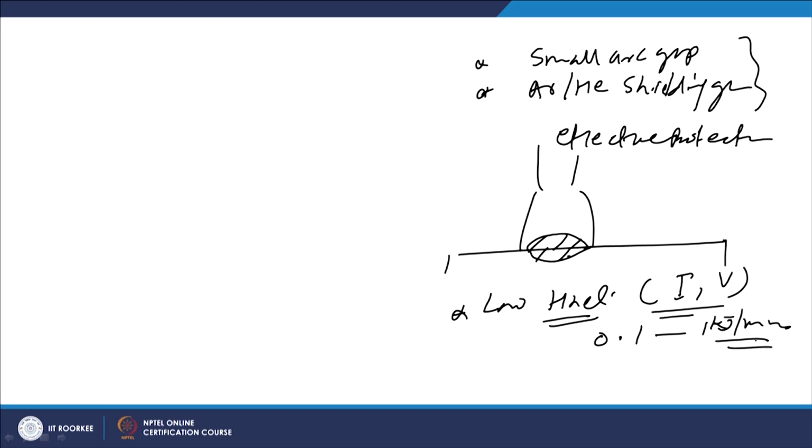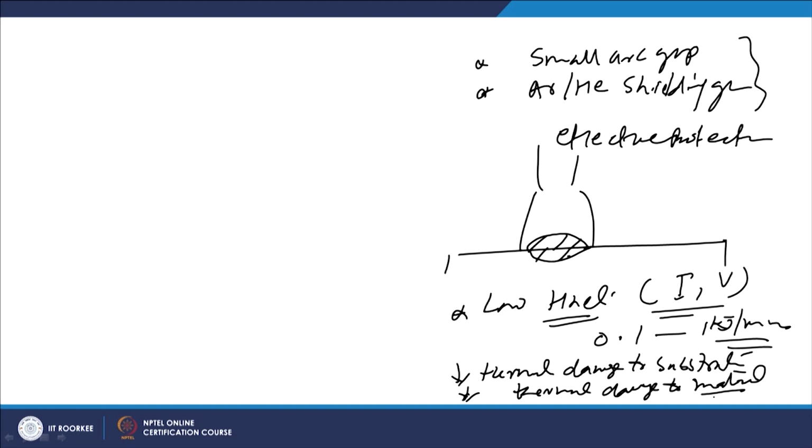So, the low heat input associated with this process helps in reducing the thermal damage to the substrate due to the weld thermal cycle, as well as it also reduces the thermal damage to the surfacing material, weld surfacing material, which is being applied for the weld surface modification.